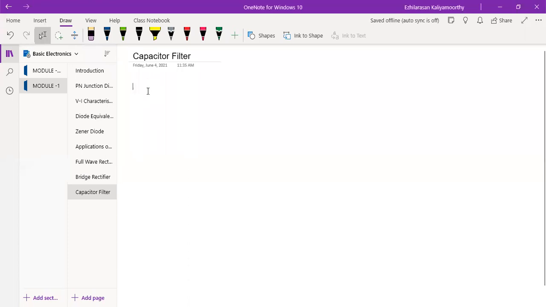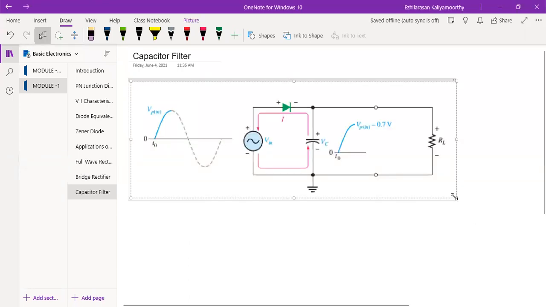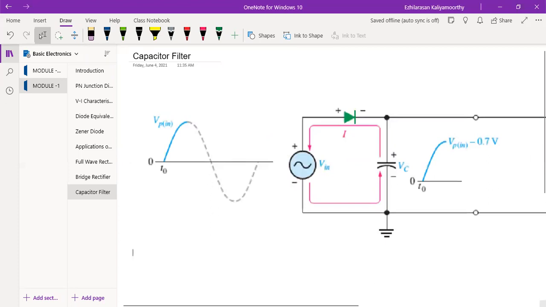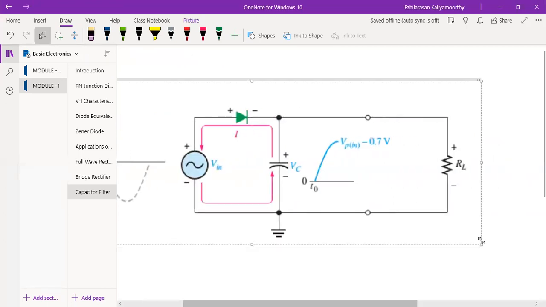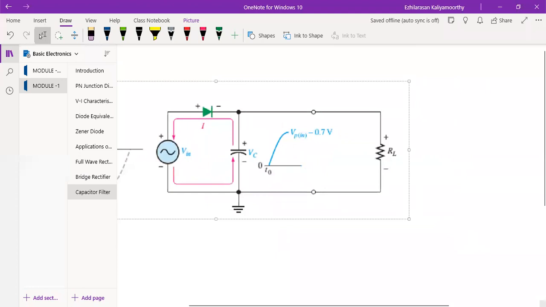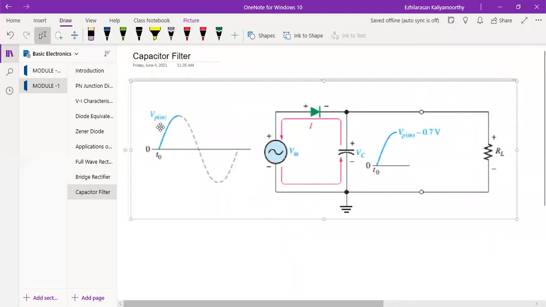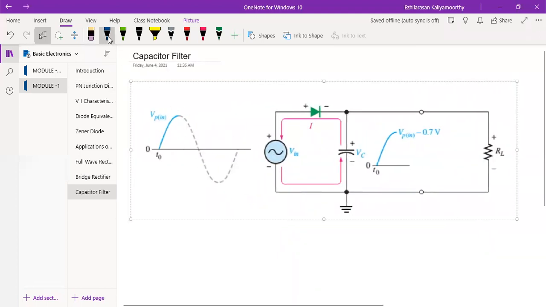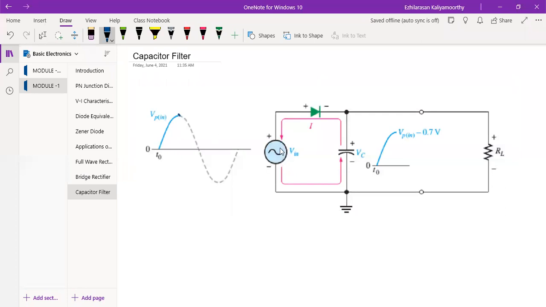See how it will work now. This is a simple half wave rectifier diagram we showed. Not only half wave or full wave, anything, your input signal is this one, a full cycle over time, and this is the peak voltage. The input voltage we are applying is Vin. This is your half wave diode. At the output we connected one capacitor, VC.